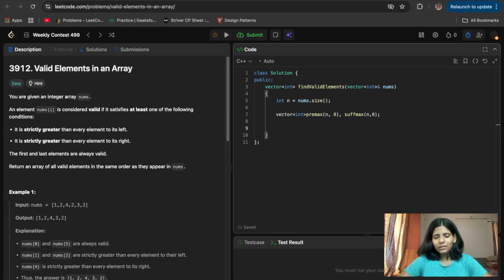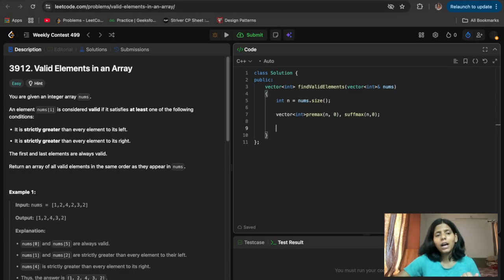Because one thing can happen: the premax element, which is the greater element, can get included two times. Not for that, but that first thing came to mind, and it's not properly valid, because instead of looking at the number, I should look at the indices.